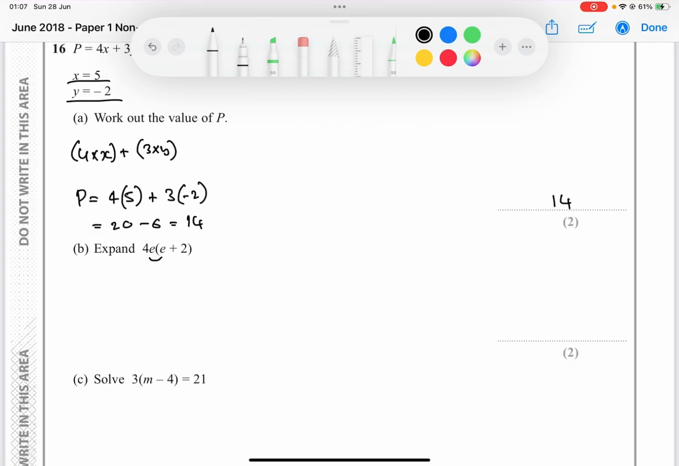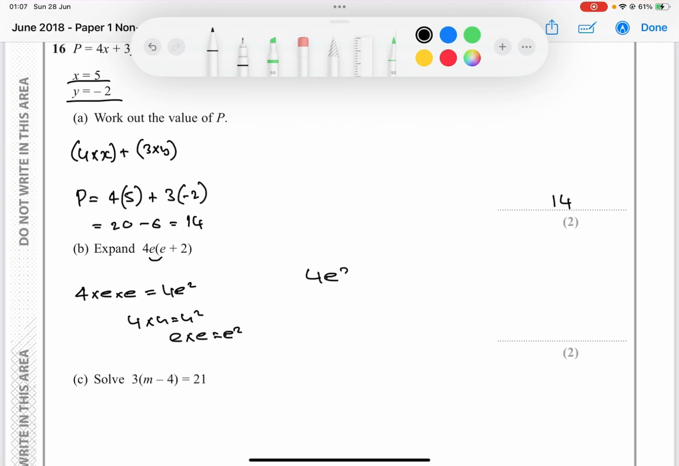4e multiplied by e, which is 4e squared. Why is it 4e squared? Well, we have 4 times e times e. Remember, when anything is multiplying itself, it's just squared, yeah? So just be 4e squared, okay? Just like 4 times 4 is 4 squared, e times e will be e squared, all right? So that's 4e squared. So I will put that